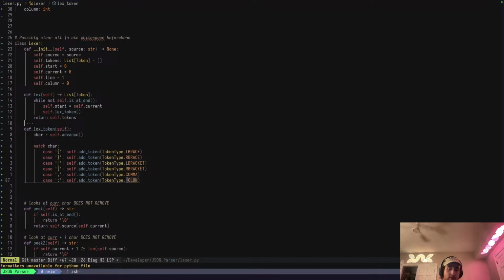Can the input be handled? What do you mean? Like reading JSON files? Yeah. For now, I'm just gonna give it a source string. I'll read JSON files later. Actually,